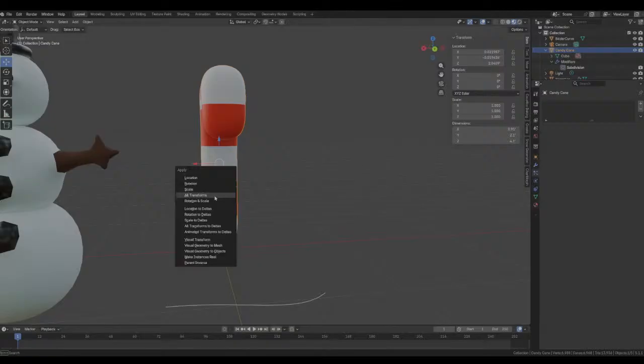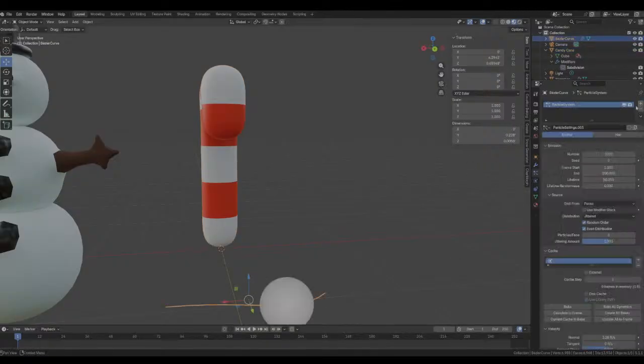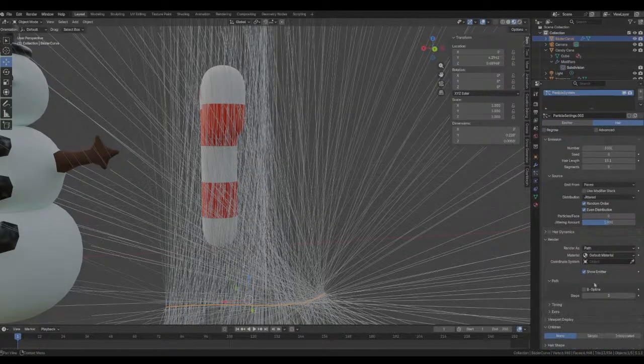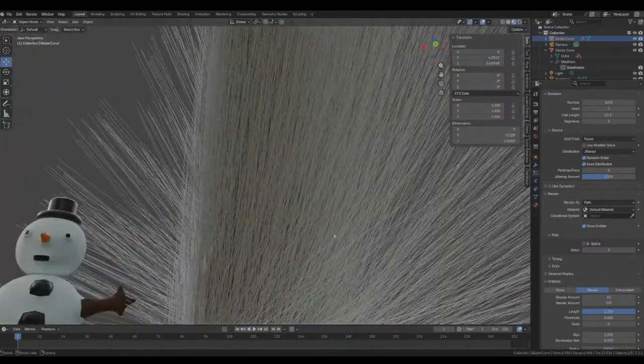So I'm going to do Control A and apply All Transforms. I believe that essentially says, hey, I want stuff to be in the right spot.